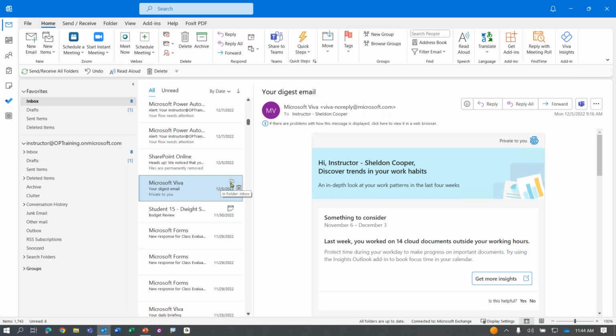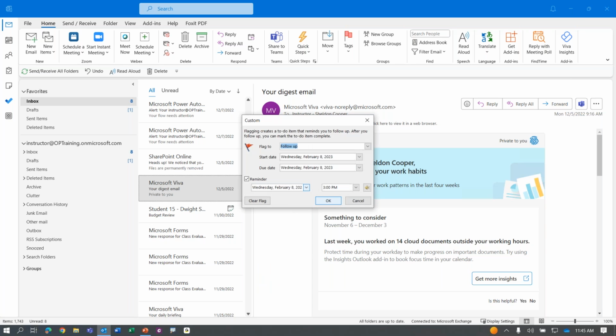Now, let's say I need to get to this one maybe next Monday. So here's what I would do, but I want to be reminded at Monday 10 a.m. that I need to follow up with this email. So what I'm going to do is right click the flag. I'm not going to choose one of these options here, but rather I'm going to go down to the little bell that says add reminder. Now in the reminders, notice it says flag to do what? Well, flag to follow up,